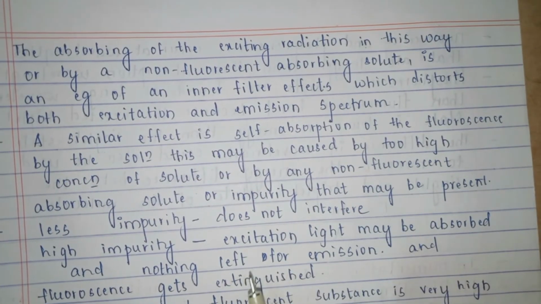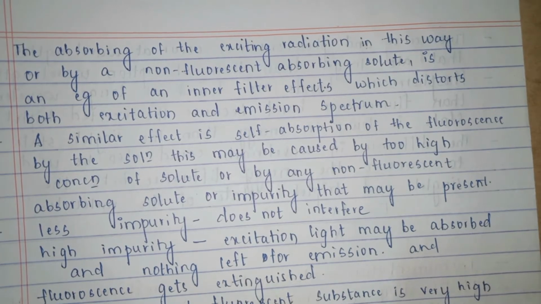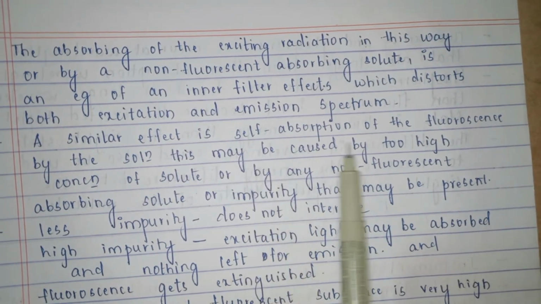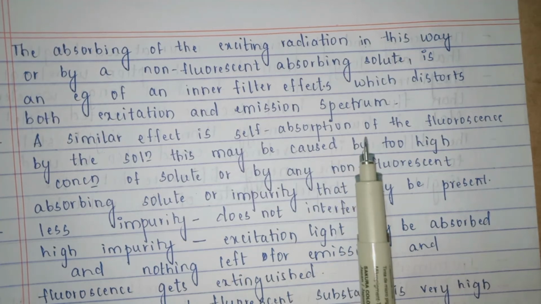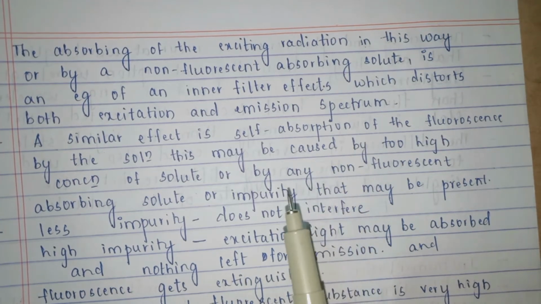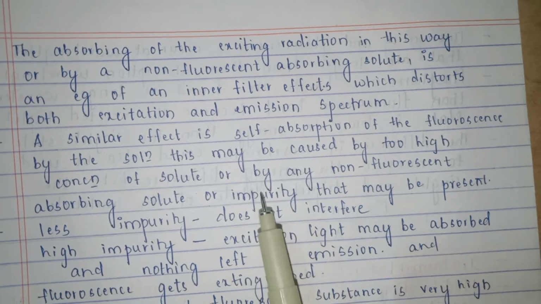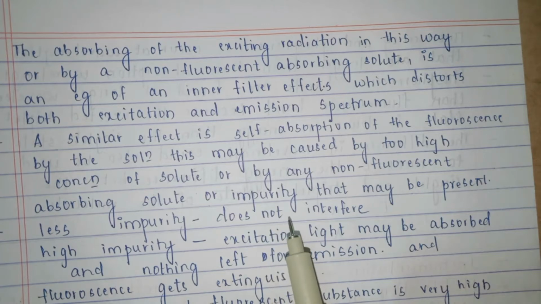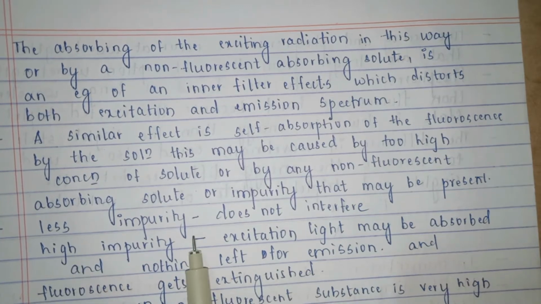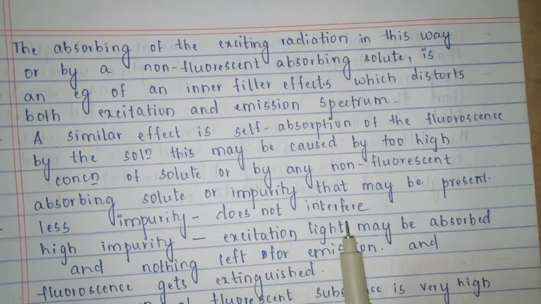This statement speaks about a very high concentration of the solute. What will happen is, the number of collisions increases. If the number of collisions increases, then obviously there will be self-absorption. If there is self-absorption, then the fluorescing capacity decreases. Now for any molecule to give us fluorescence, we have to see that it is a very pure molecule. That means there will be very little impurity. If impurity is present, it is going to affect our fluorescence spectroscopy. Less impurity does not interfere with the fluorescence capacity.